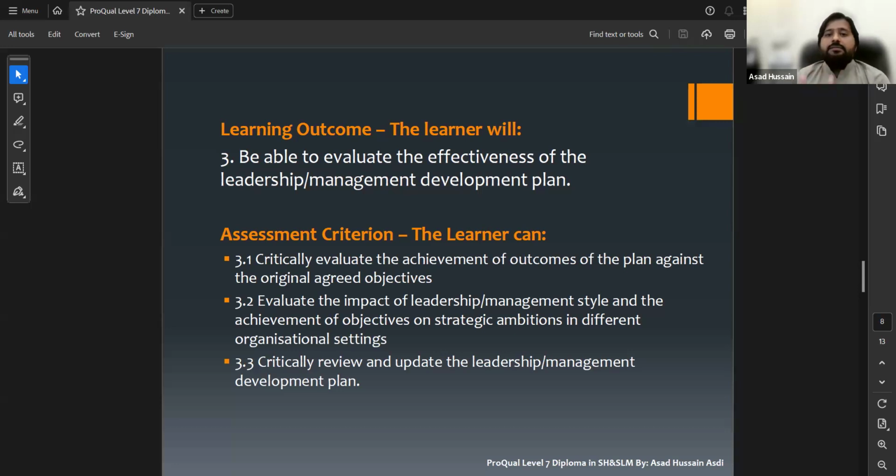If the outcomes conform to the original agreed objectives, then it's fine. If they are not, then you have to review your development plan and review your implementation process to get the results according to the original agreed objectives.